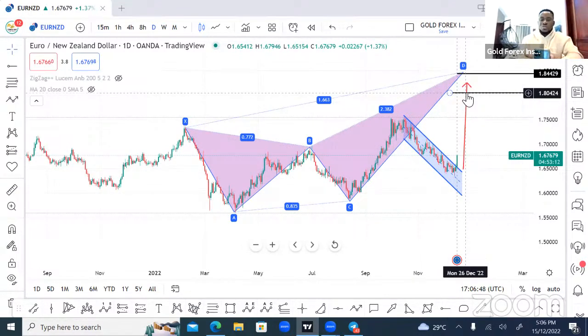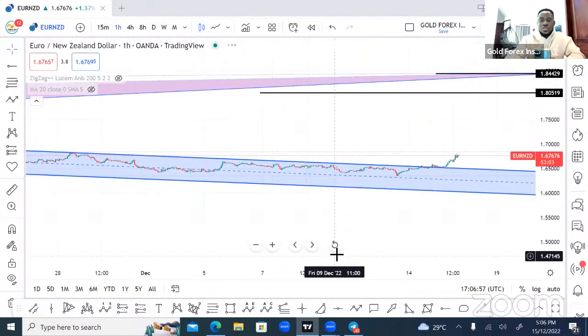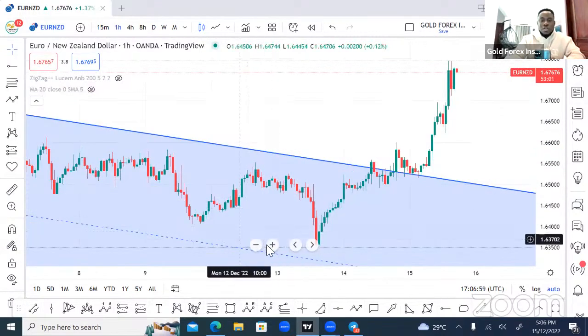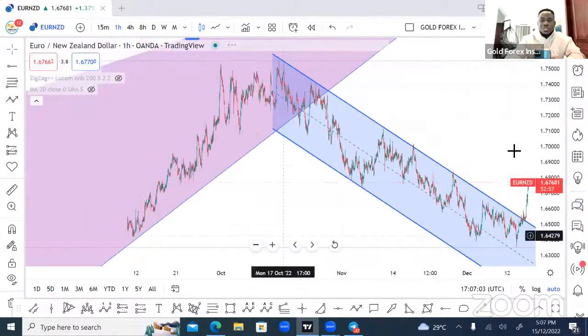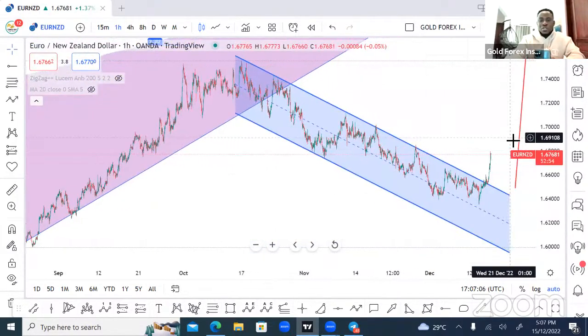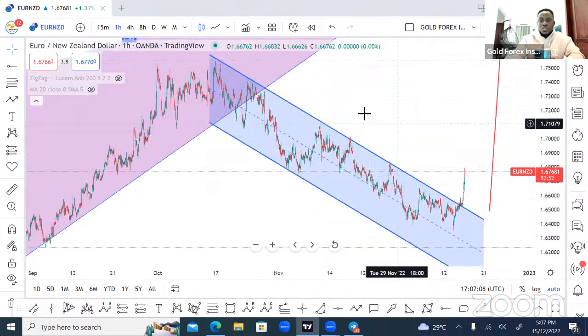Now, what are we going to do with this kind of information? So with this kind of information, we are going to the 1 hour time frame to look for our entry. Now, this is the 1 hour time frame. Now, the thing has already broken out and it's gone. So why do you worry yourself trying to look for